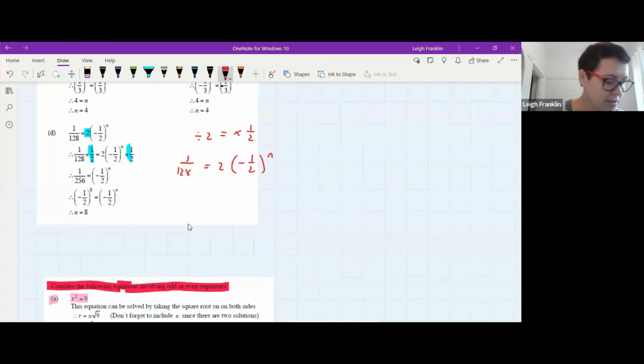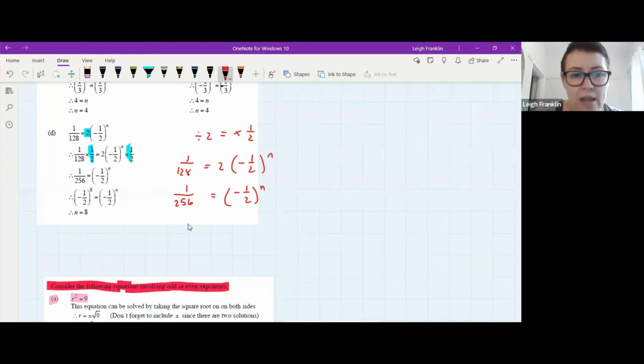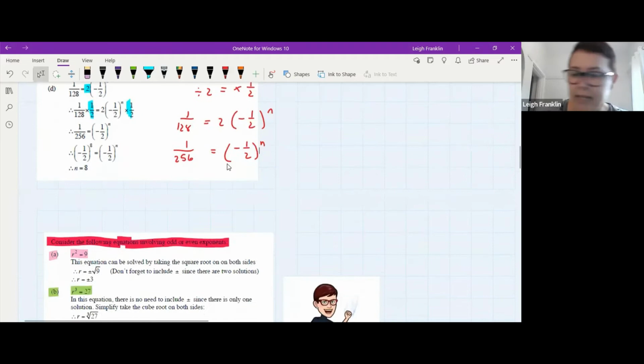So that gives us 1 over 128. And when we divide that by 2, we end up with 1 over 256. Okay, so now you would be required to show that. So now minus 1 over 2 to the n. Now, something that you can do on your calculator is if you do not know what 1 over 256 is